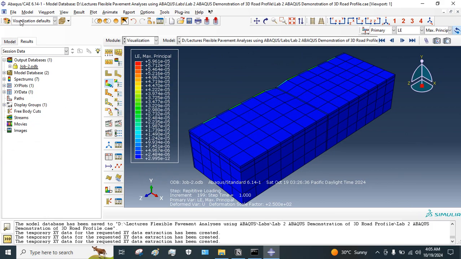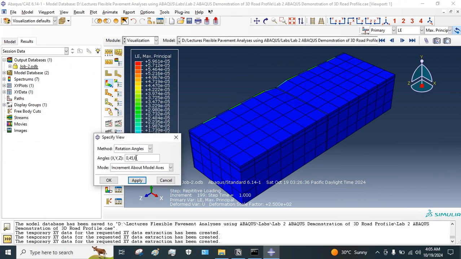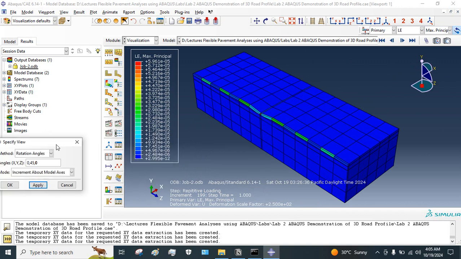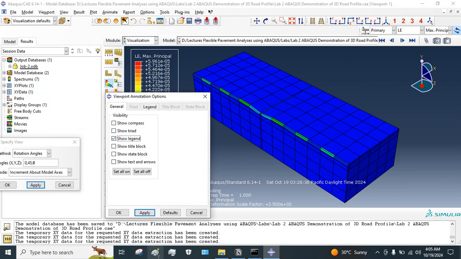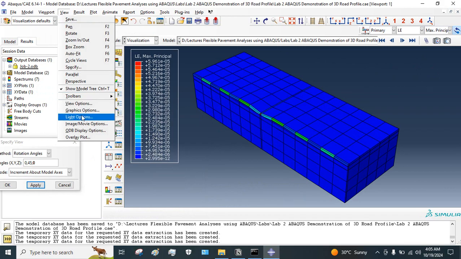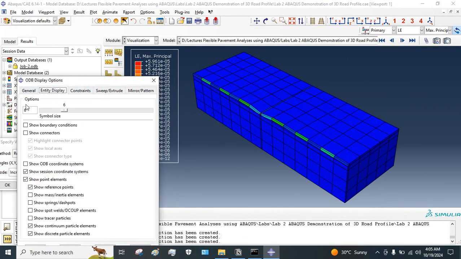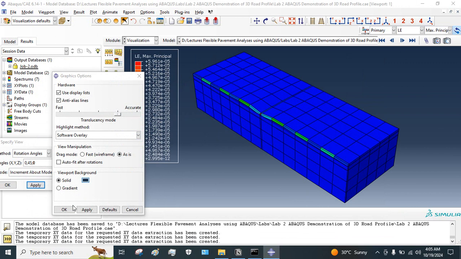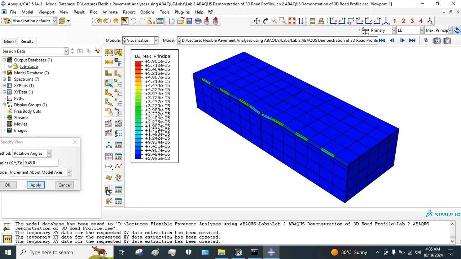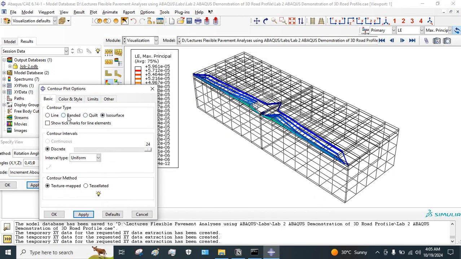So let's go to view and specify about y-axis 0.45 to rotate this model, and go to view part, show legends only, apply, OK, go to view and animation, ODB display options, click on general, go to view, graphic options, and make it white, click on apply, click on OK, then try to change it to isosurface, which is not a good way to consider,